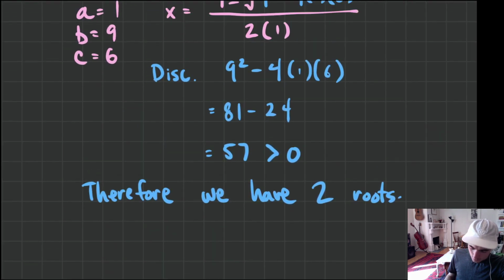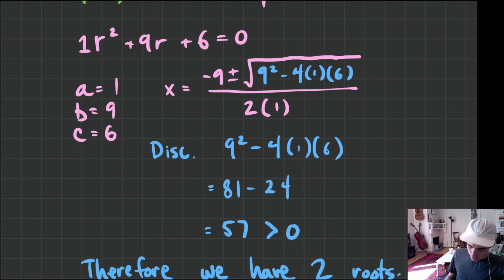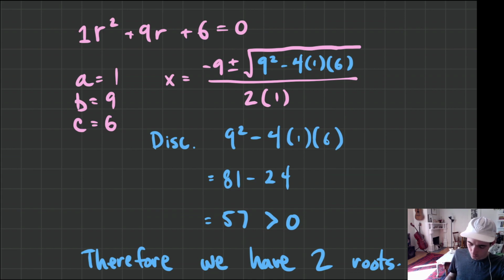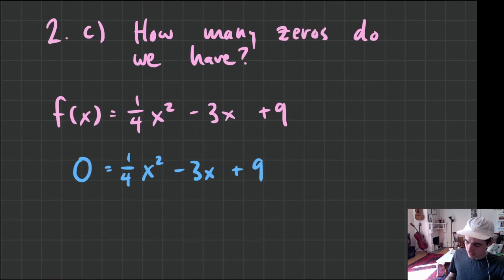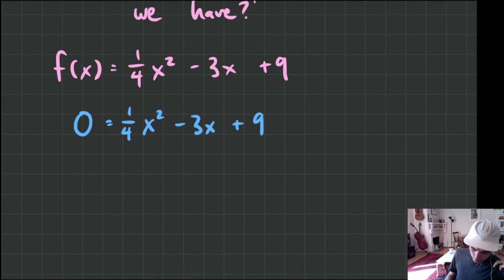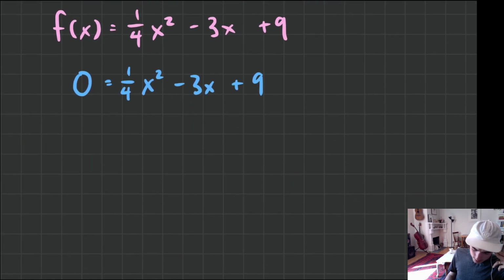It's just that over here in this one we weren't talking about a function. We were just talking about a polynomial equation, in which case we refer to these things as roots. But now that we're in the world of functions, we can ask exactly the same question, except we have to use different words. It's a polynomial function, but it's still a function. So we're still going to use the same discriminant.